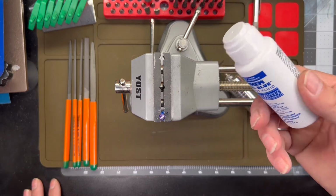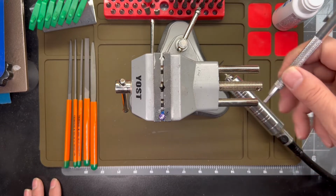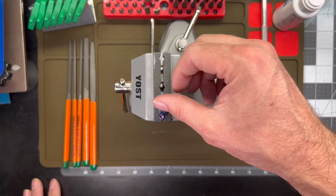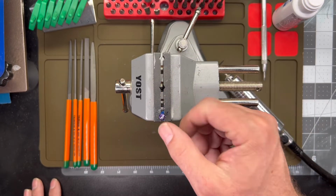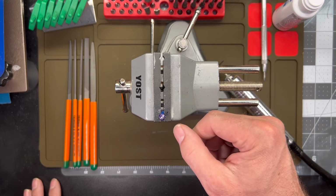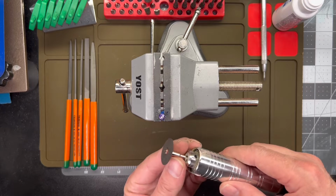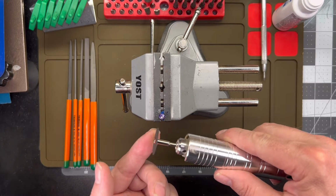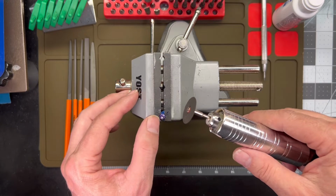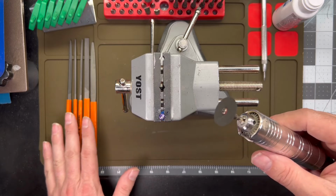I marked it out with the Dykem and my scribe here, and essentially I just scratched out little points here radiating out from the tips, from the outer tips there of the Torx drive. And so what I'm going to do next is use my rotary tool here with a real thin cutoff disc. I'm going to then score out the lines, making them deeper, right? And then from there I'll move on to